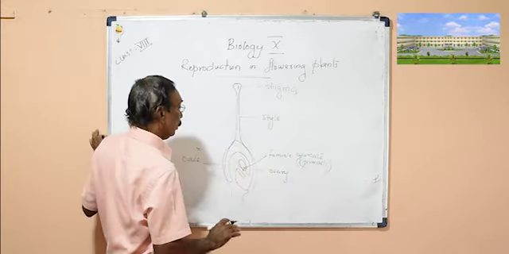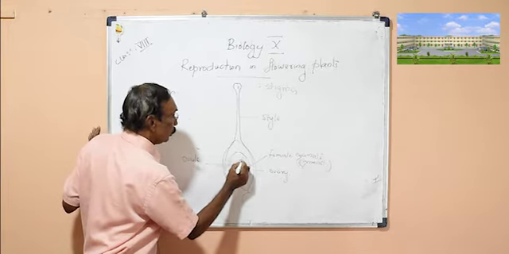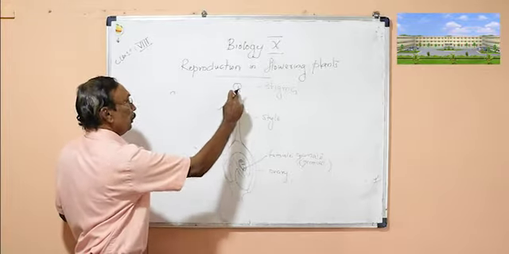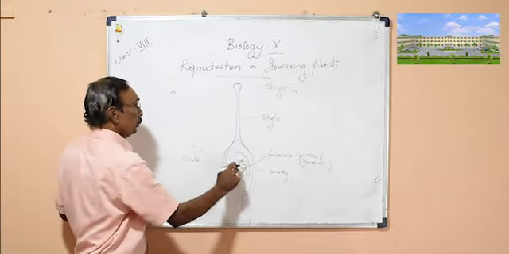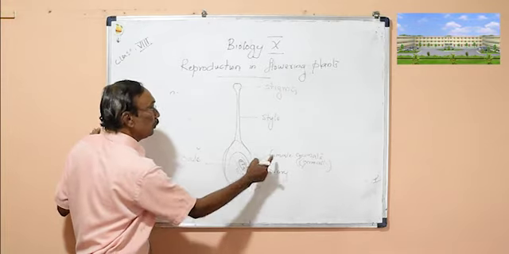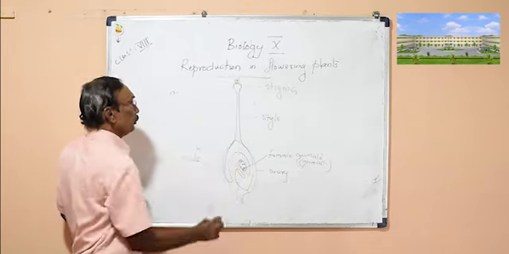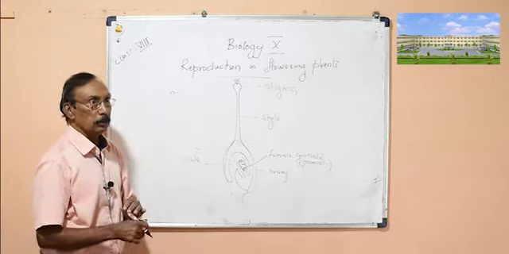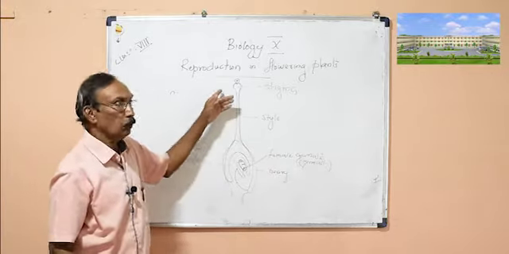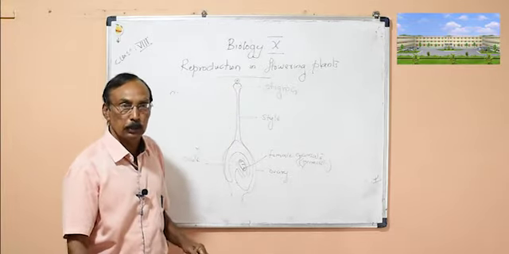Now what will happen at the time of reproduction? Other cells are also here. We will study all this later, and in plus 2 all these other parts will also be studied. This one is the female gamete. Now a pollen grain is deposited on the stigma with a nucleus inside, and this pollen grain is deposited through wind, water, or insects, and that is what is called pollination.